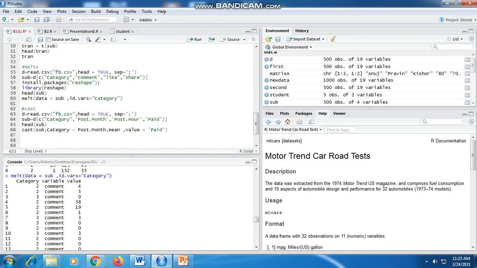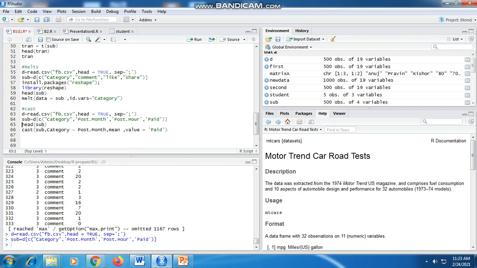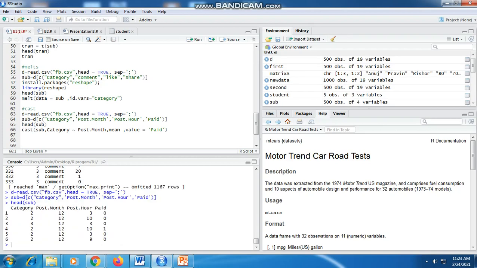And then we are performing the casting. The initial steps are the same. Here we are using category, post.month, post.hour and paid. Then head of this, and on this we are doing casting, where we are considering sub.